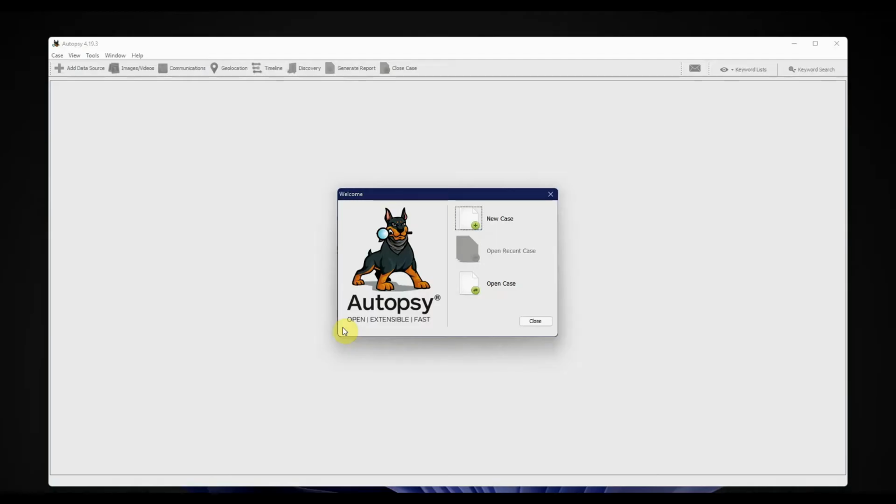Hey guys, welcome to my mobile forensic investigation using Autopsy. In this video, I have a pre-extracted HTC Wildfire image which I'm going to use to extract some information from. If you haven't got any, you can simply connect any of your old mobile phones and extract the data. Now, as you can see, I opened Autopsy and I'm going to create a new